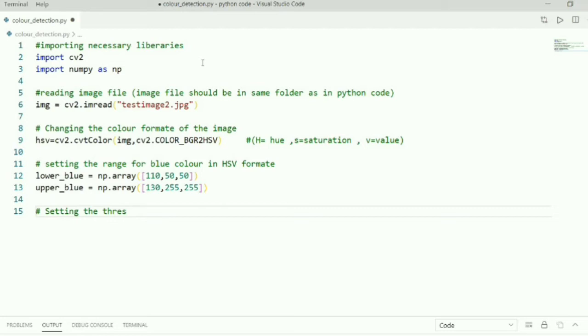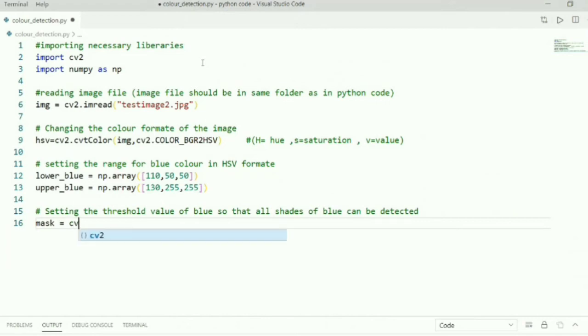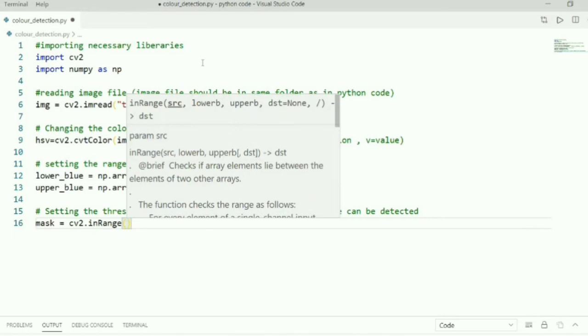Now after this we'll be setting the threshold value of our blue color so that all shades of the blue color can be detected. Now we'll put a layer of mask. mask equals cv2.inRange function.